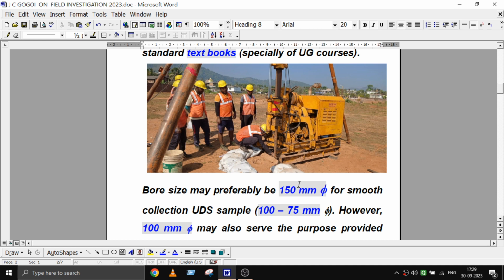We require 100 to 75 mm especially for clay soil where we have to go for the consolidation test. In the consolidation test, we require 75 dia. So, if we get 100, we can cut the specimen